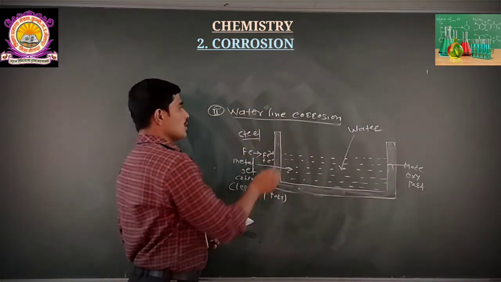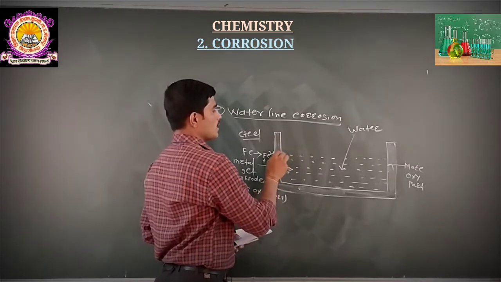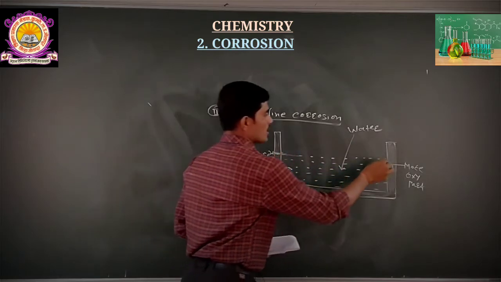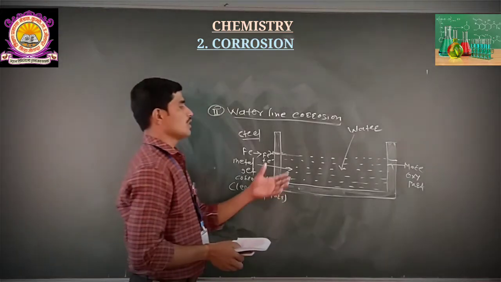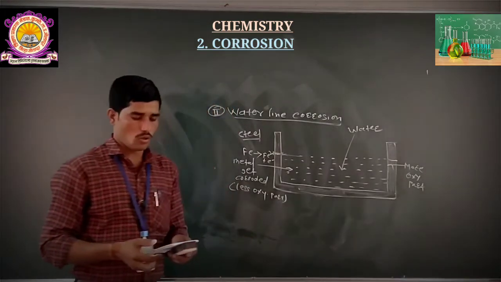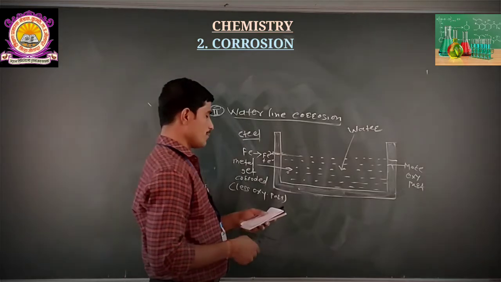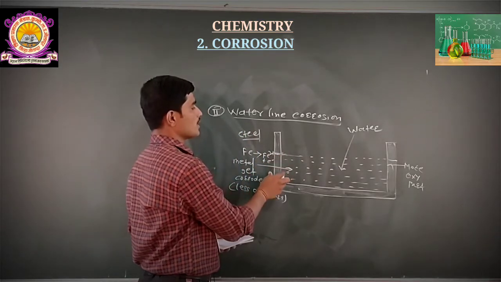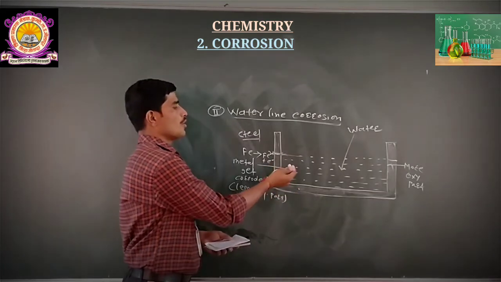Now, whatever part of this steel tank is present inside the water, in case of water line, suppose the water line will be observed on this area or this area. Whatever part is more oxygenated, in this part we observe more oxygen and therefore we observe more corrosion. A portion of the metal surface is under water and the remaining portion is above the water. In case of water line corrosion, we consider a steel tank. Inside that steel tank is water, some part of that metal will be in contact with water, while the remaining part